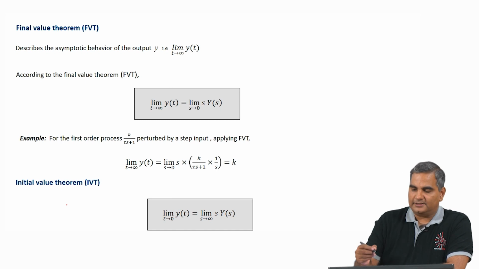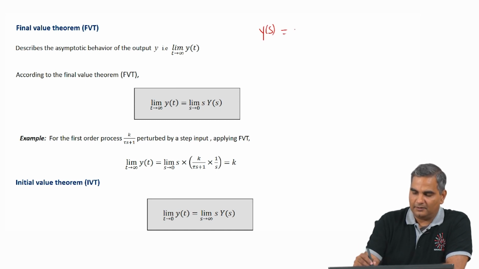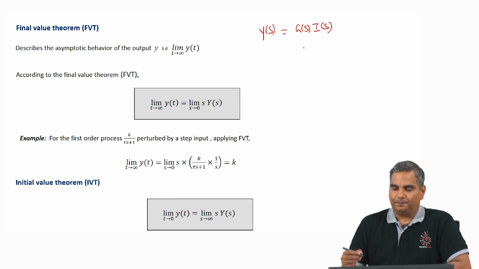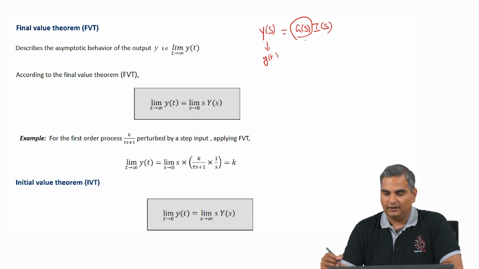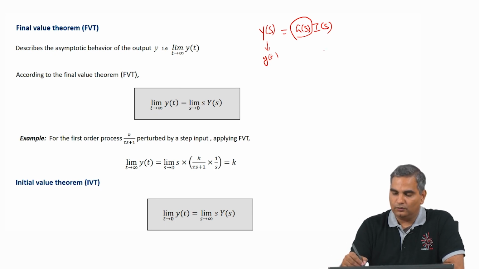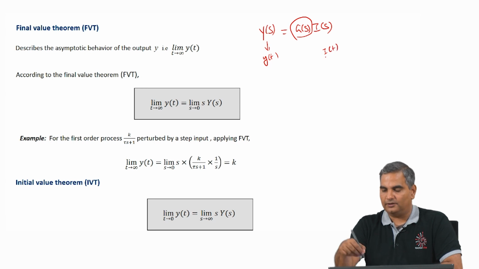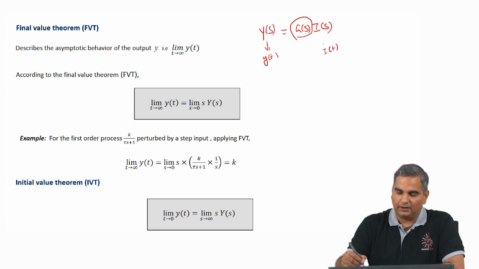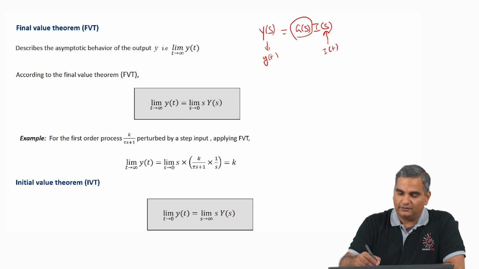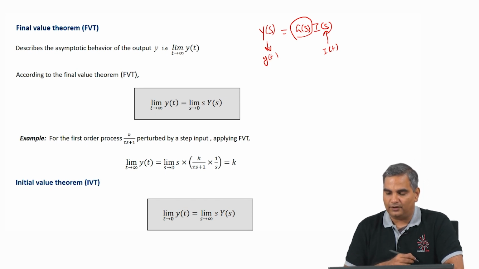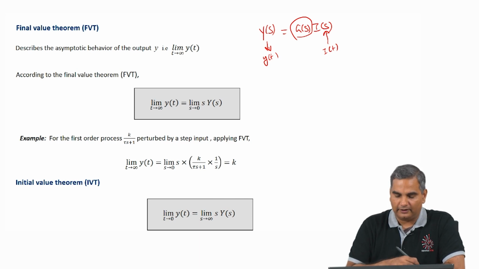So, now let us say you have this Y(s) is some G(s)I(s). Clearly, to get y(t), you need to know G(s), which is something that will come out of the modeling, and you also need to know what I(t) is. So, whatever is the variation that happens with this input, you can convert this to I(s), and then you can get Y(s) as G(s) times I(s), and once you get Y(s), then inverse Laplace transform will give you y(t). So, that is the general flow that we are going to see as far as control is concerned.